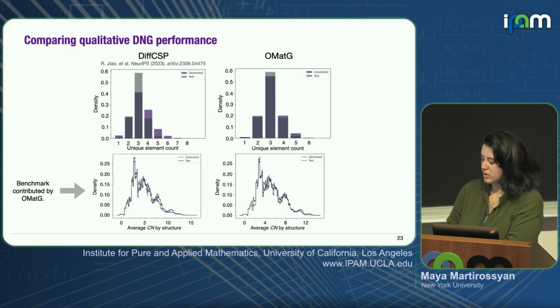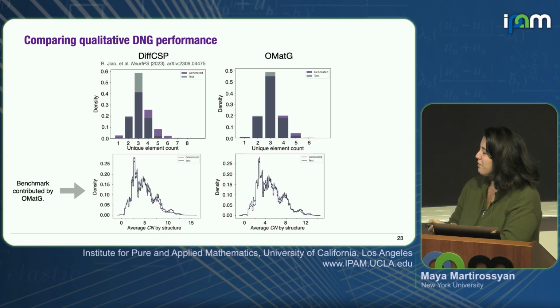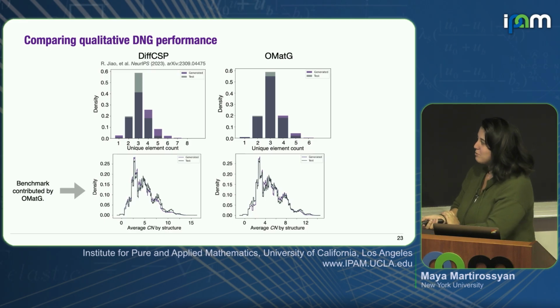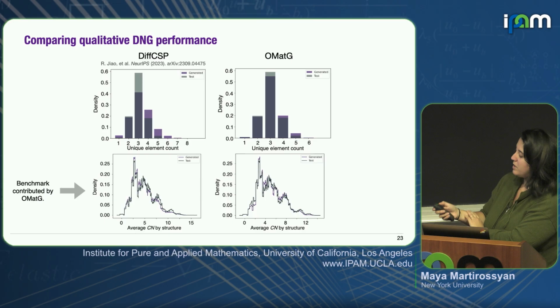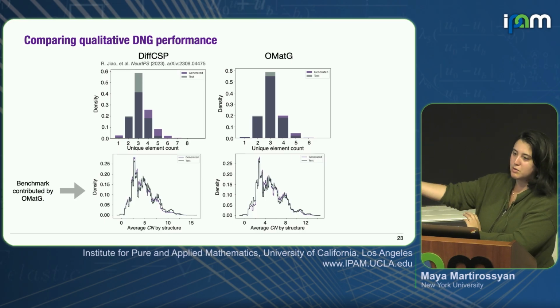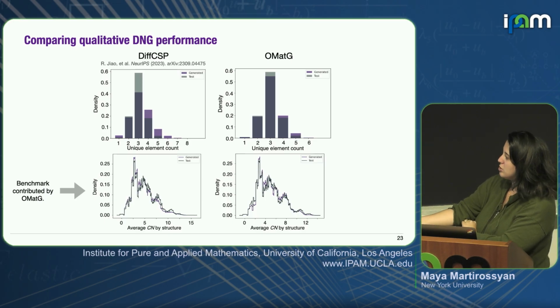Yeah, and as far as I know, we are actually still the best model for that, even compared to some symmetry constrained models, which you would think would do better. I think I just saw a paper today, but for whatever reason our models are still better. The main thing I noticed, the reason I thought this was relevant, was actually for these high coordinated structures that live out here.